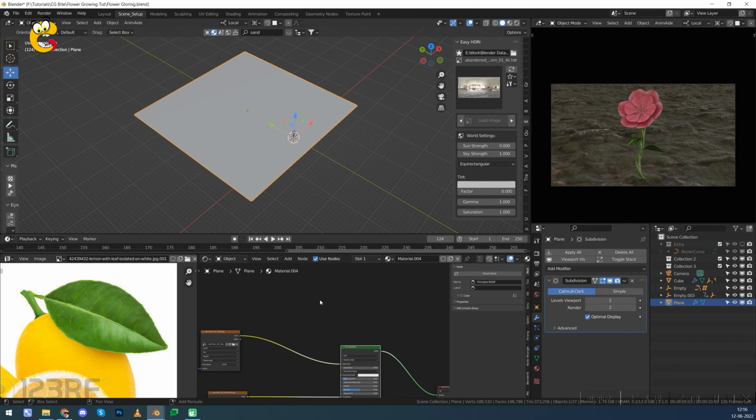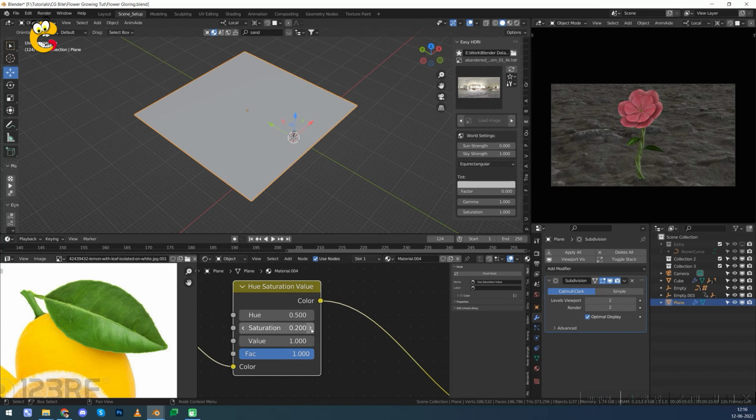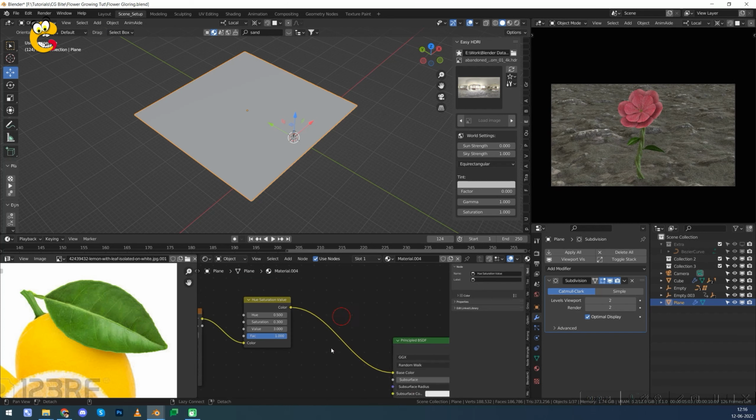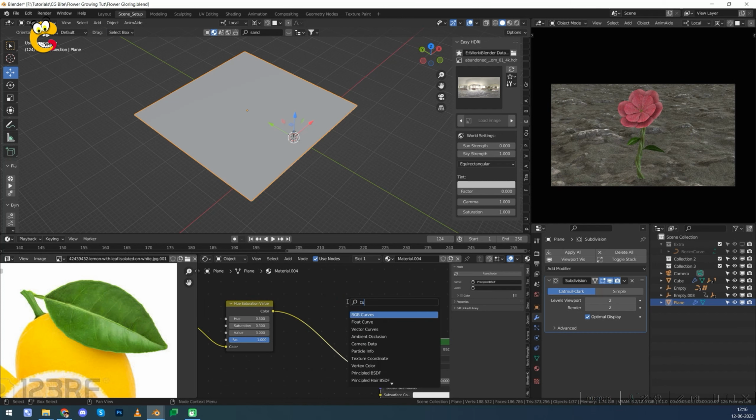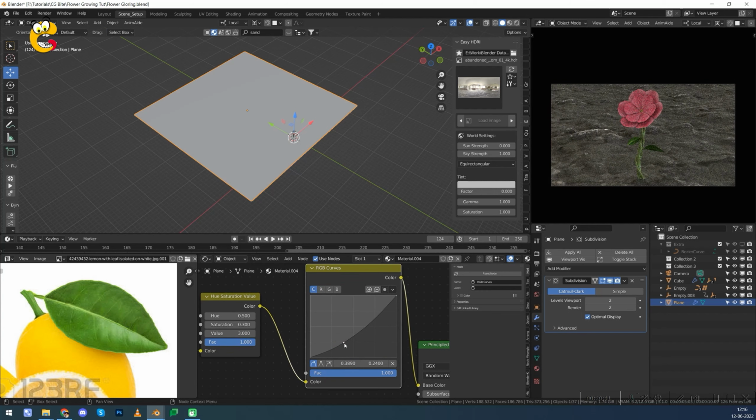so we have to desaturate this. You can create a hue saturation node here, and for saturation try 0.2, or for the value, yeah, I think 3 is okay. You can also use the curve node here, RGB curve, and try to